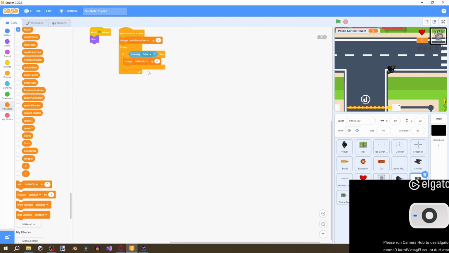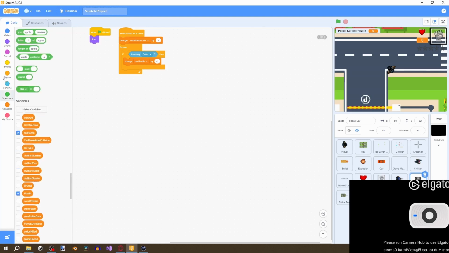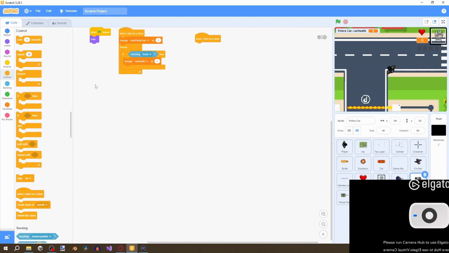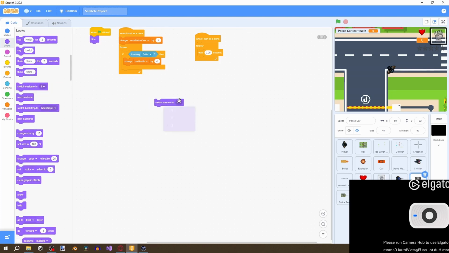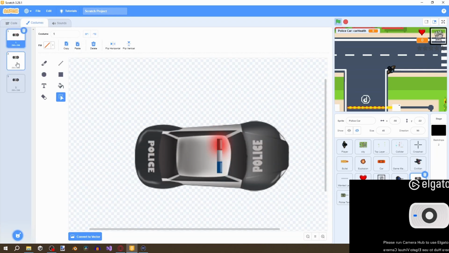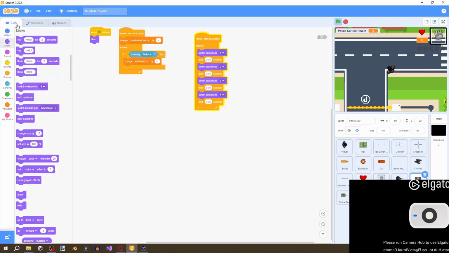Now we want to also create our animation. We're basically going to say forever wait 0.05 seconds, and then switch costume to 1, and then duplicate 2, 3. All right, so we're gonna go 1, 2, 3. Now you might be thinking, why don't we go 1, 2, 3, 1? Well, you can go 1, 2, 3 and then leave that out, but I personally prefer how it looks when